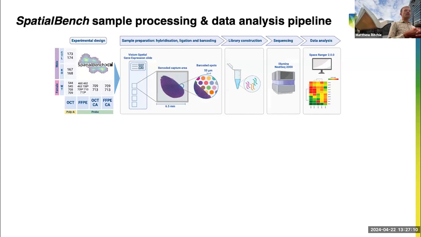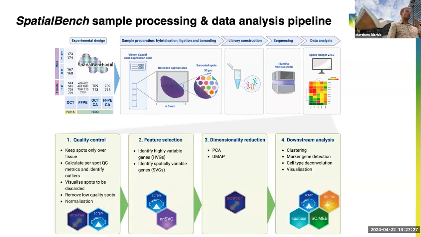So the workflow is as follows. Most of the first part here is what people in the lab do to prepare the sample, make the library, sequence the library, and then it comes down to us to run Space Ranger to make our data matrix, and then do downstream analysis using other tools to deal with the